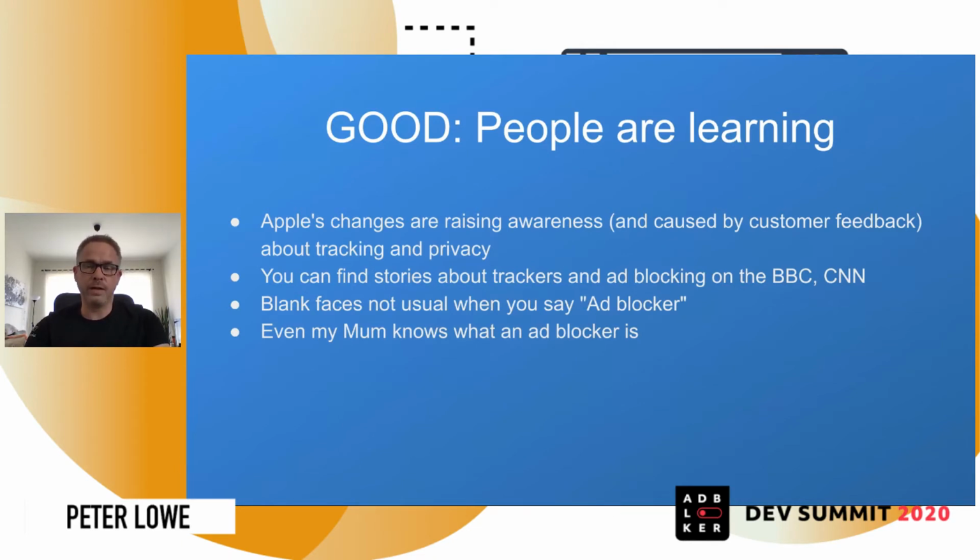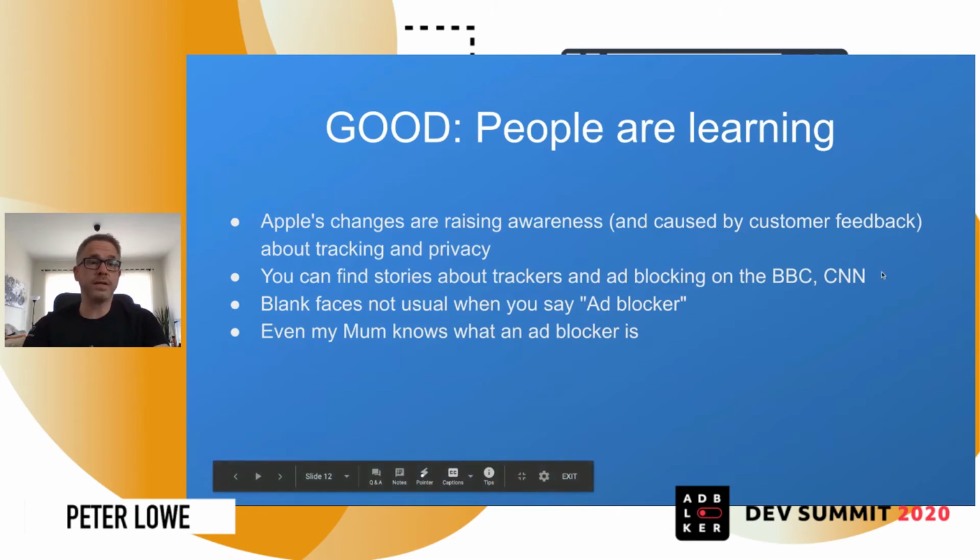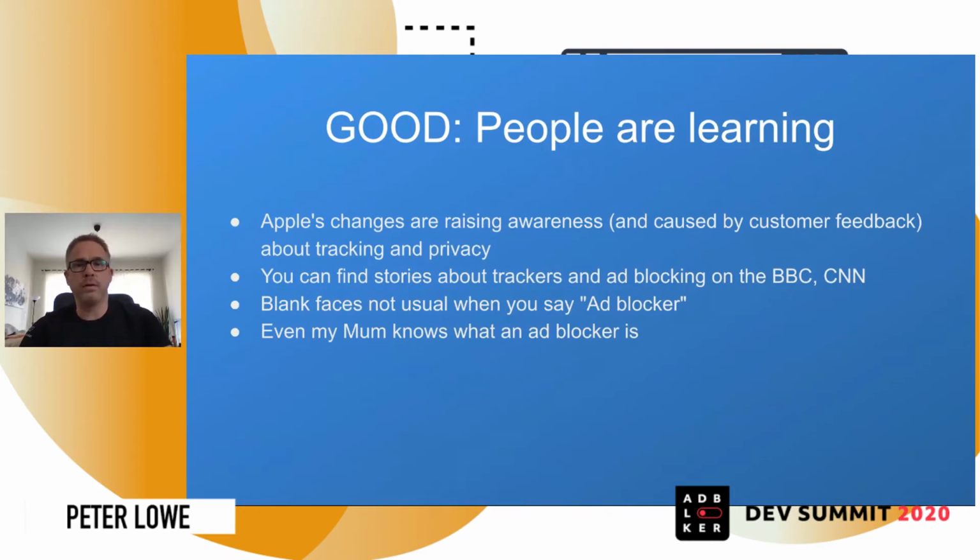Apple, I have to credit with, I think, a lot of high-profile changes to their products, which raises awareness because they're such a huge company that mainstream news have to pick up on these things and actually start reading about them and understanding them. And as a result, you can find stories on the BBC and CNN and MSNBC, etc., about trackers and ad blocking. And an interesting change is not just the fact that the articles are there now, it's the language that's being used in them.